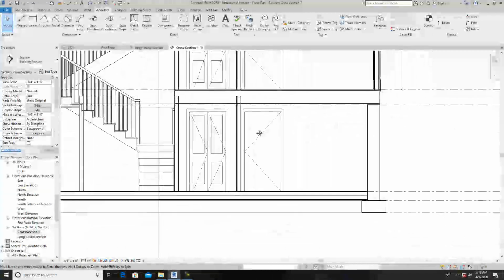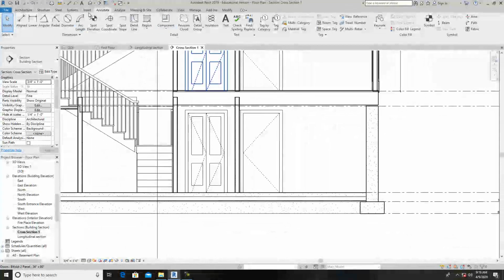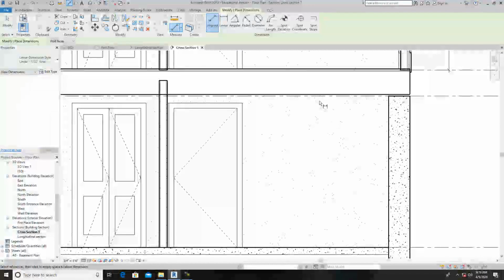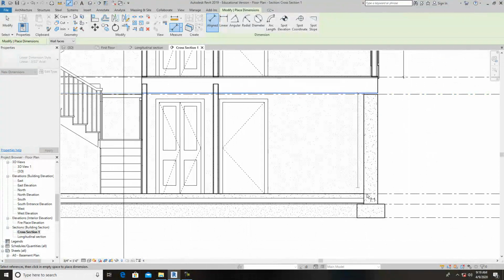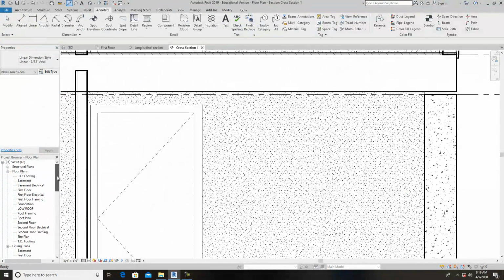The basement, it looks like the same issue. So when I annotate again, I hit alignment, and we'll come right off the bottom of that. And we might have to adjust on that here in just a few minutes as well. Click on that. That's 7'4". So if I go back up here into my basement,